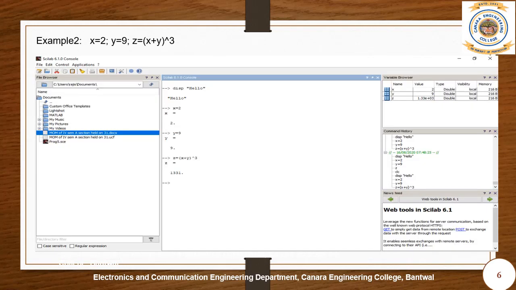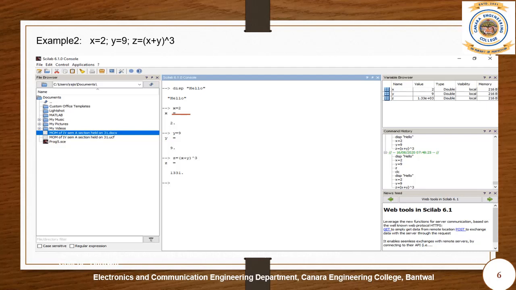Let us move on to example 2, wherein we are assigning x equal to 2, y equal to 9, and we are going to compute z equal to x plus y to the power 3. From the previous example, we already have hello on our console window. Now let us type x equal to 2 and press the enter key. You will observe 2 assigned to x.